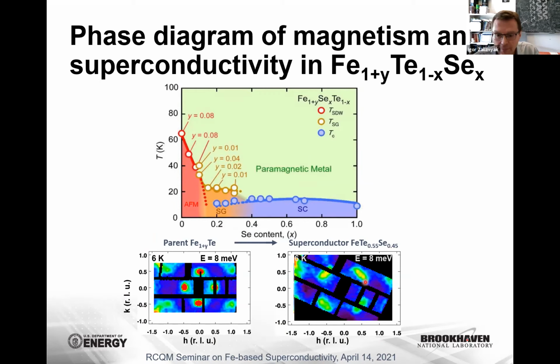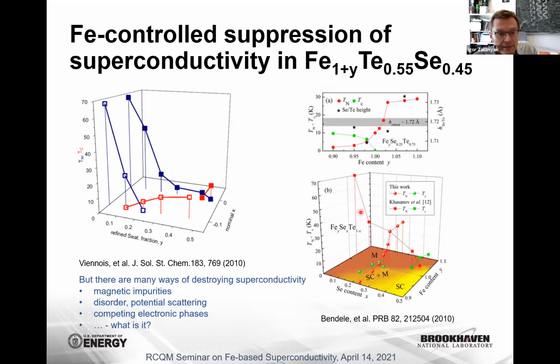And so the question is, why would the superconductivity and topological superconductivity be inhomogeneous? A possible answer to that lies in a well-known sensitivity of this family of materials to iron composition. So it has been known for a while, if we look on the panel on the left, this is from Viennois et al.,